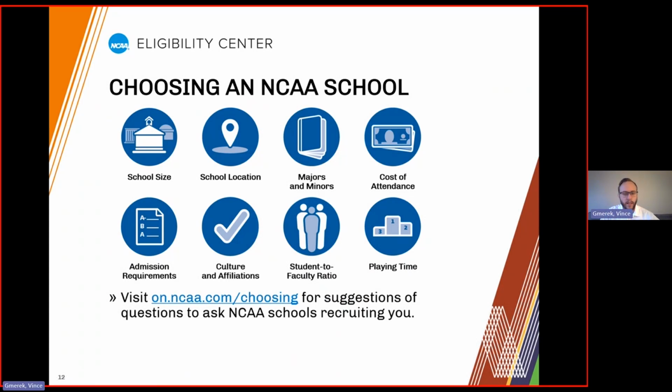Also worth mentioning on this slide is that every NCAA school has its own specific admissions process and admissions requirements. NCAA rules are independent of any particular NCAA school's admissions requirements, and they may be different. So for example, a school may need you to send certain documents, where the Eligibility Center may need you to send other documents. And so to determine the admissions requirements for any school, you always just need to contact that school directly to determine what those admissions requirements are for them.